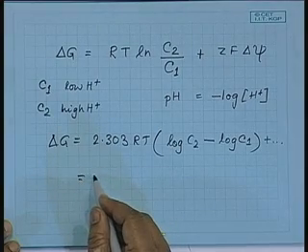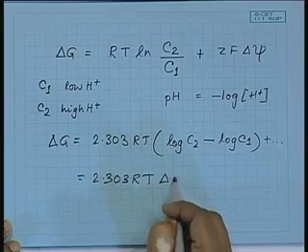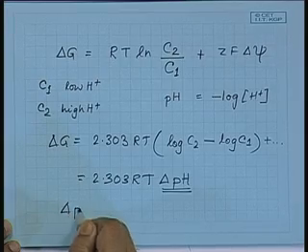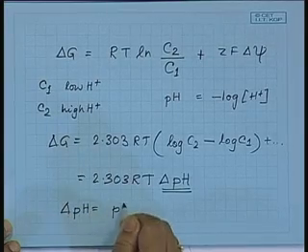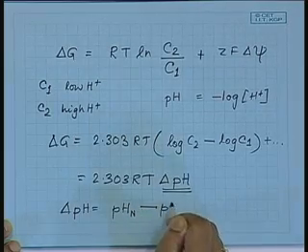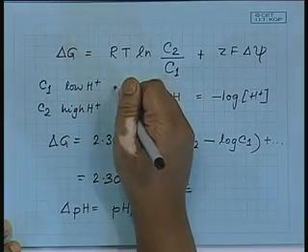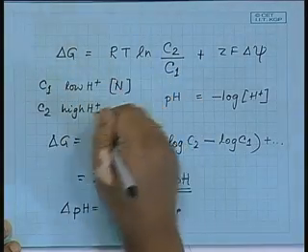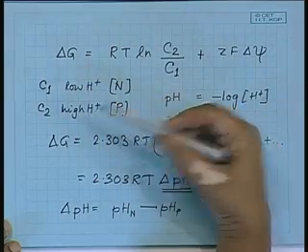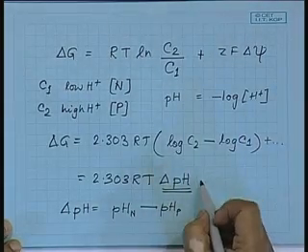So, what do we have here then? It is going to be 2.303 RT delta pH, where what is this delta pH going to be equal to then? The pH of the N side minus the pH of the P side. Where is the low H plus? It is on the N side. Where is the high H plus? High H plus means low pH, fine. So, we have this relation,